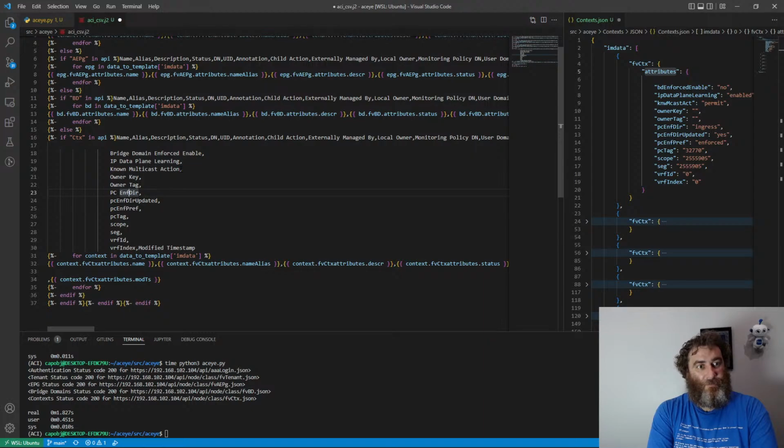I don't know if it's enforce directory, maybe enforce directory, PC, enforce, directory updated PC, enforce, preference, PC tag, scope, segment, VRF ID and VRF index. Okay, so now we use our